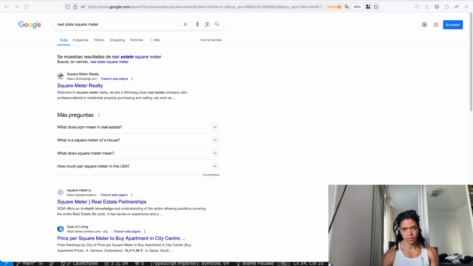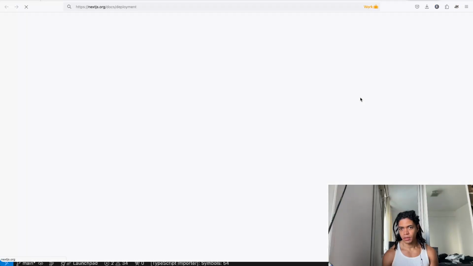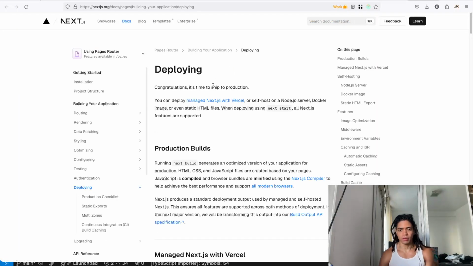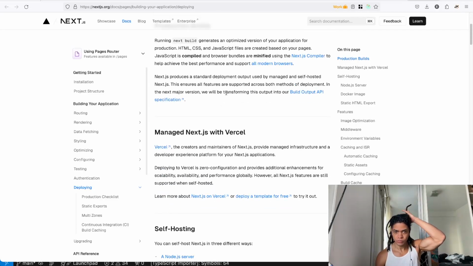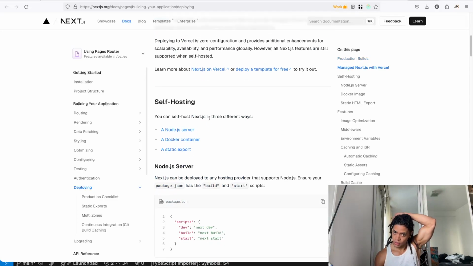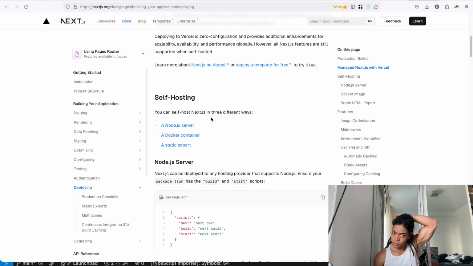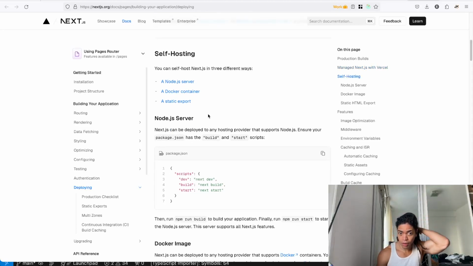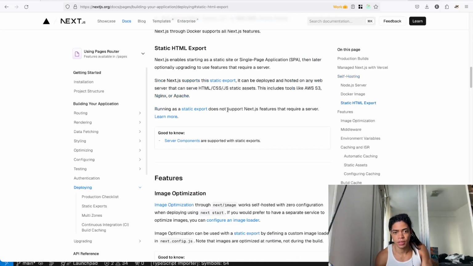With Next.js deployment. All right. So you've got a build, and then you say self-hosting or static export. You can say self-hosting, static HTML export.